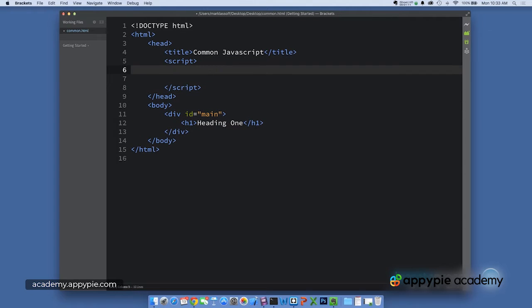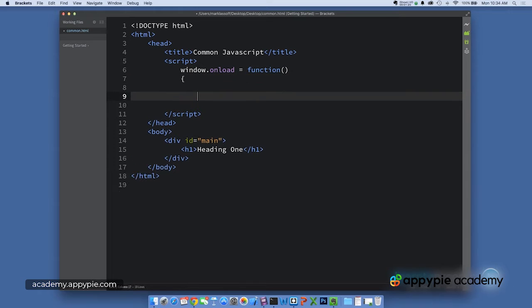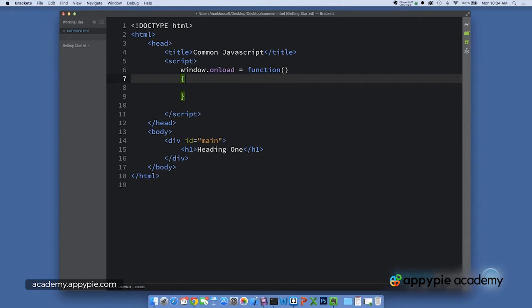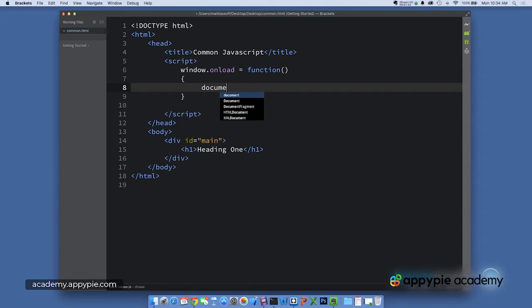And let's have this script run when the page loads. So we'll use the window onload equals function structure. And whatever I write between these curly braces will run when the page loads. And what we want to do is let's get the main element. So we'll say document